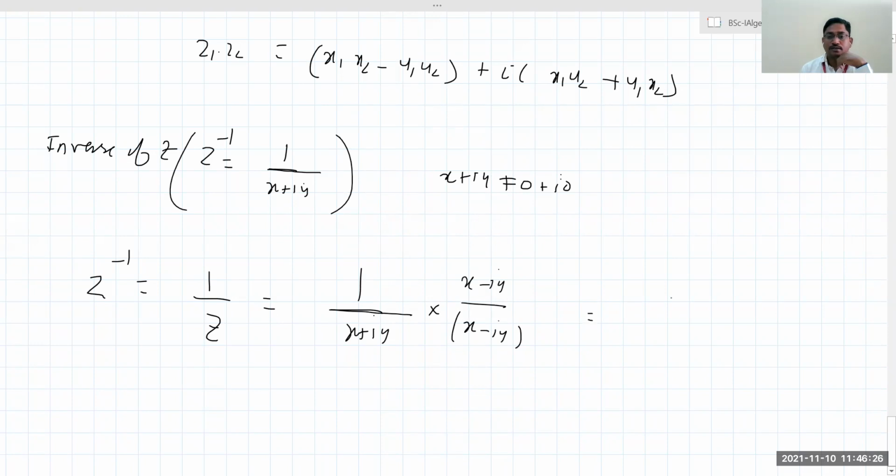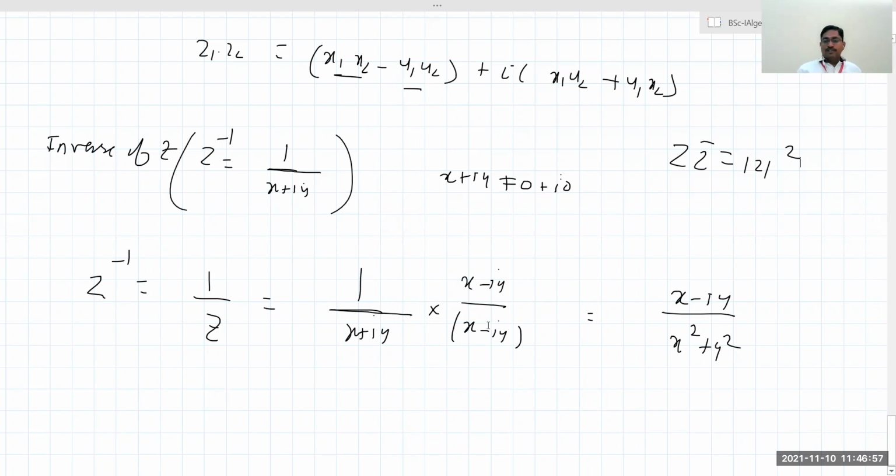We can see. So in the numerator I will write x minus iy and in the denominator, we substituted here. x1 and x2 are the same, only the sign differs here. So below x squared plus y squared will come. The cross terms become 0. In short, z into z bar. What is z into z bar? It is mod of z squared, that is your r squared.